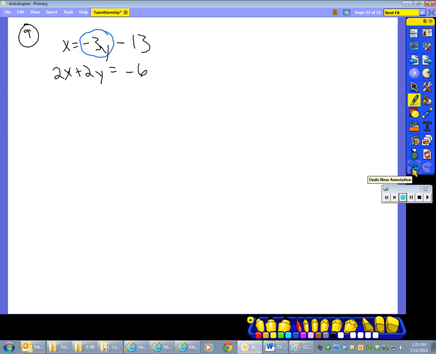Yes. Add 3y. Very good. So I do the inverse operation. So the opposite of subtracting 3y is adding 3y. And then I have to add 3y's over to this side. Now I don't have enough room to rewrite it. So what I'm going to do is I'm going to rewrite it down here. So now I've got,